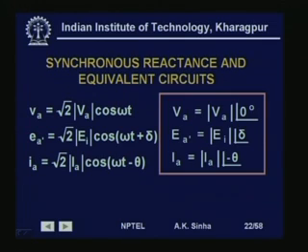So, with this in phasors, if we want to write, we will write V A is equal to V A angle 0 degree, E A dash is equal to E I angle delta, and I A is equal to I A angle minus theta,